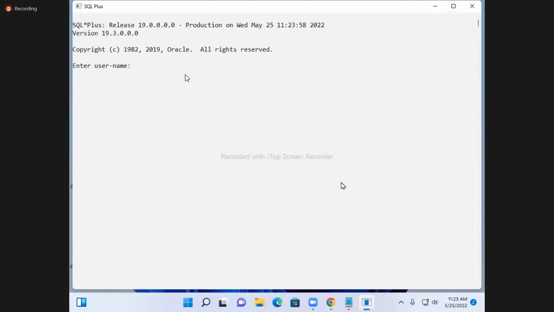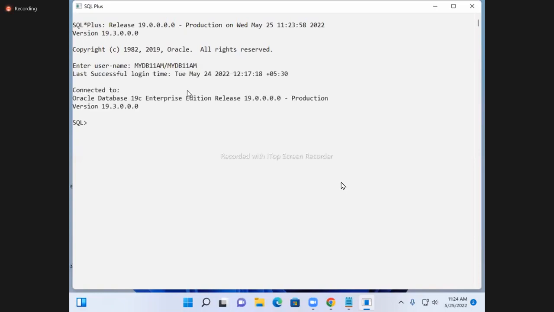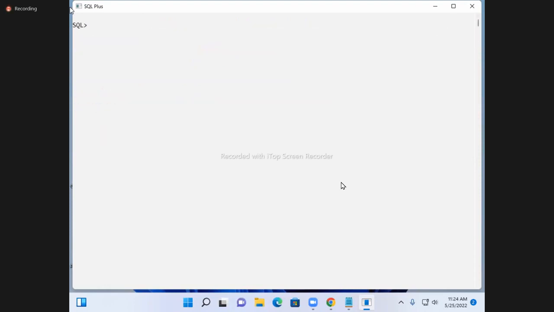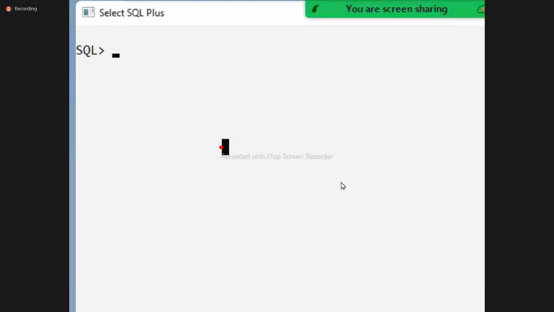For example, suppose if you want to see any table in this,